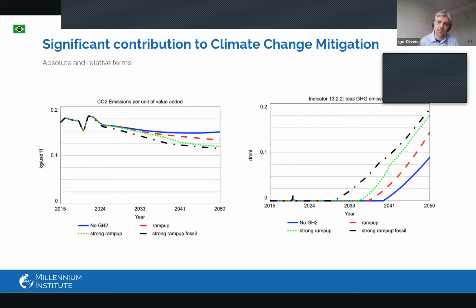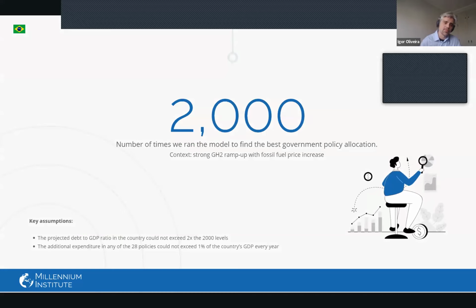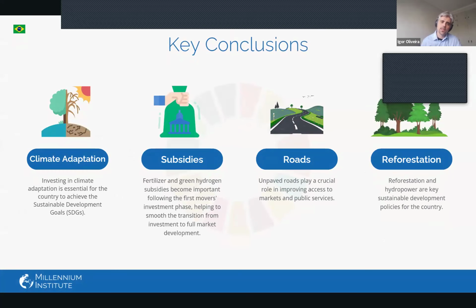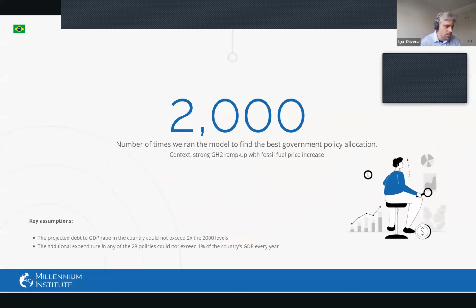So in this calibration process, to be able to get to these results, departing from the data, we had to run the model. Each of the times that we tried to calibrate it, we ran it 2,000 times. So it was probably run more than 100,000 times, actually. And that's what also allows us to run what we do in some countries, which is an exercise of policy optimization, right? Policy optimization is an exercise that tests multiple thousands of policy portfolios to see which ones would maximize SDG progress.